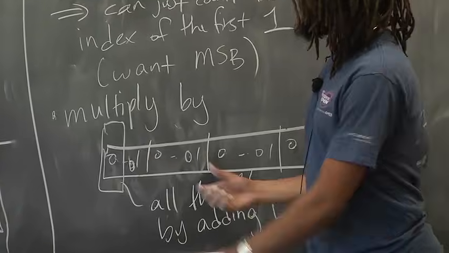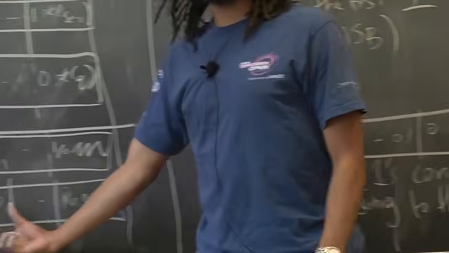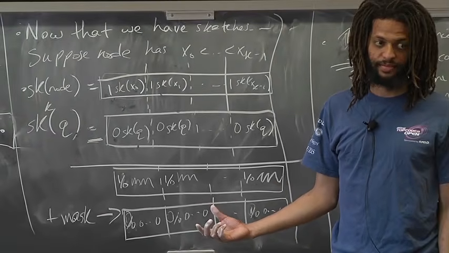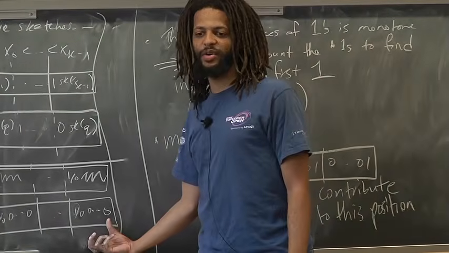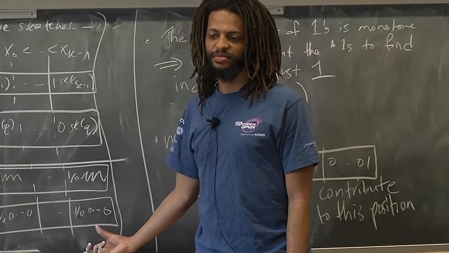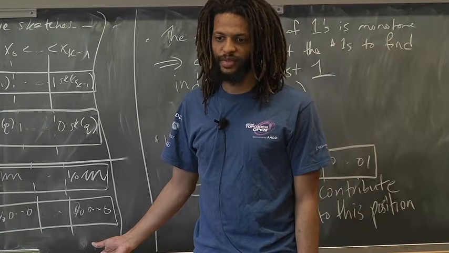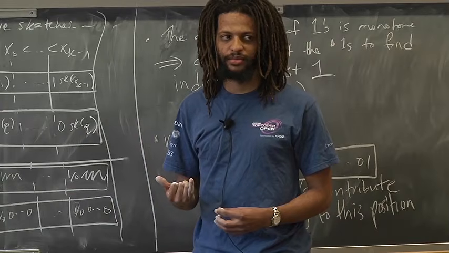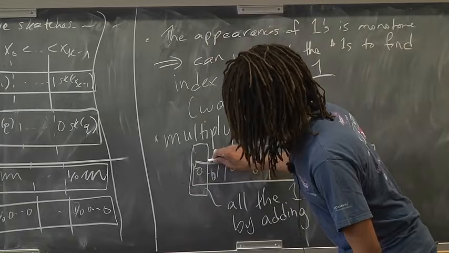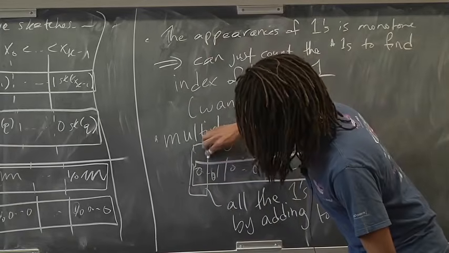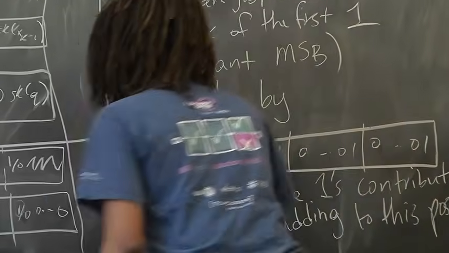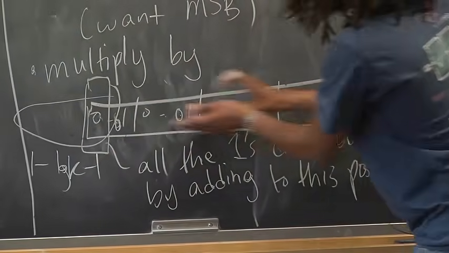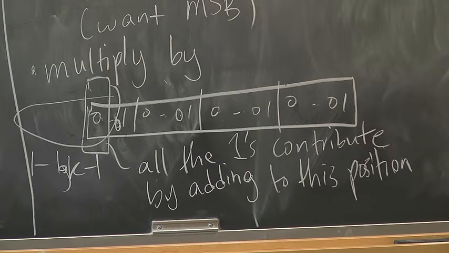So then what you can do is, and they don't interfere with each other because this count is a number between 0 and k. So it's going to consume at most log k bits. Whereas what's the width of this block? The width of this block is like k to the 4th or something. So there's no chance that these things are going to clobber each other. So what you do is you look at a log k width interval of bits around here. You mask everything else out, and you shift this down to the beginning. And that number is exactly the number of 1s.